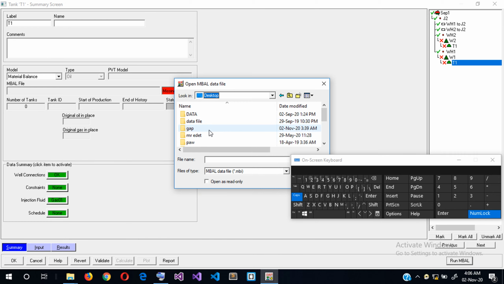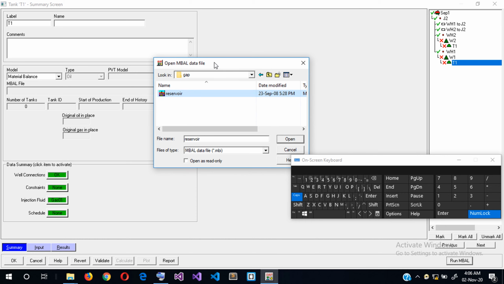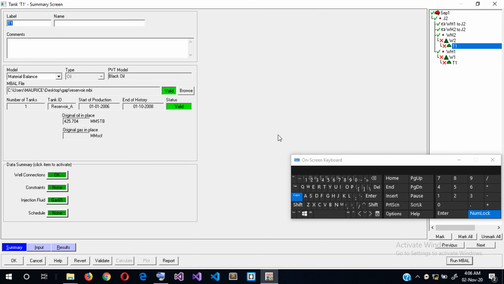So this is my MBAL file, reservoir. I click on that, and then I open. Now you see it's now valid, and this is the path to the MBAL file. Now you noticed before I did that, these points were actually blank. Now they are filled. It shows that